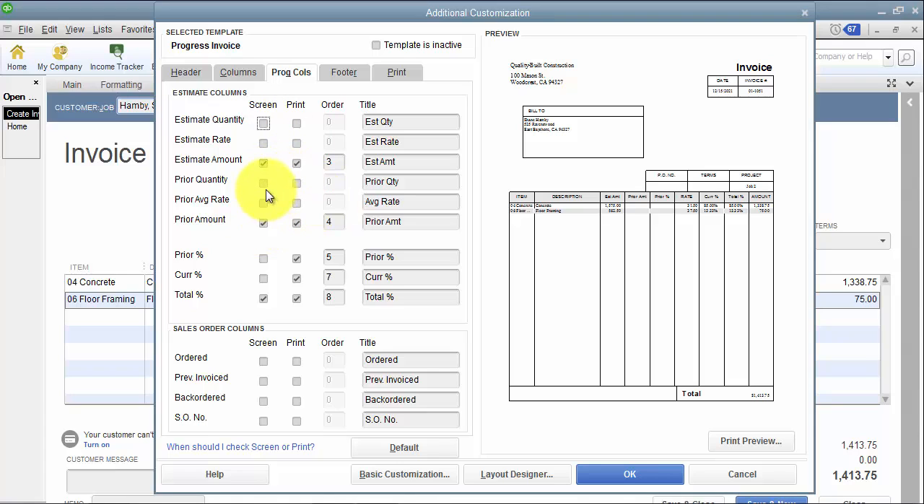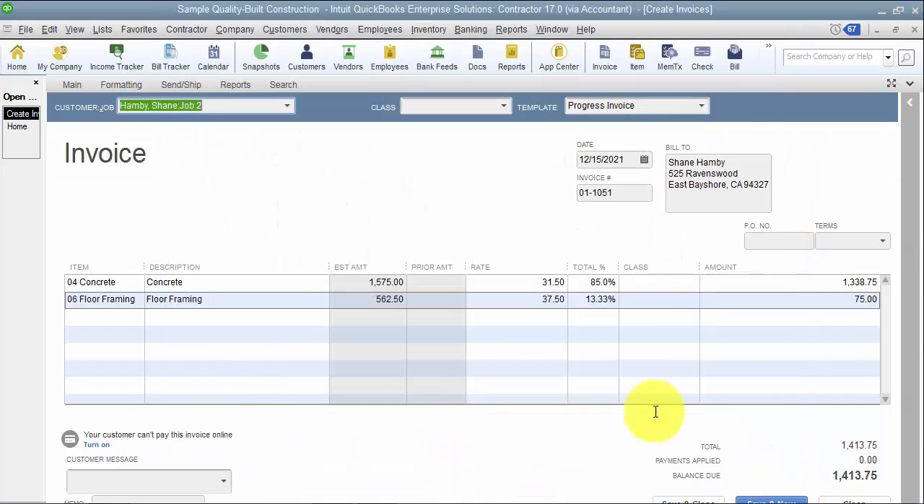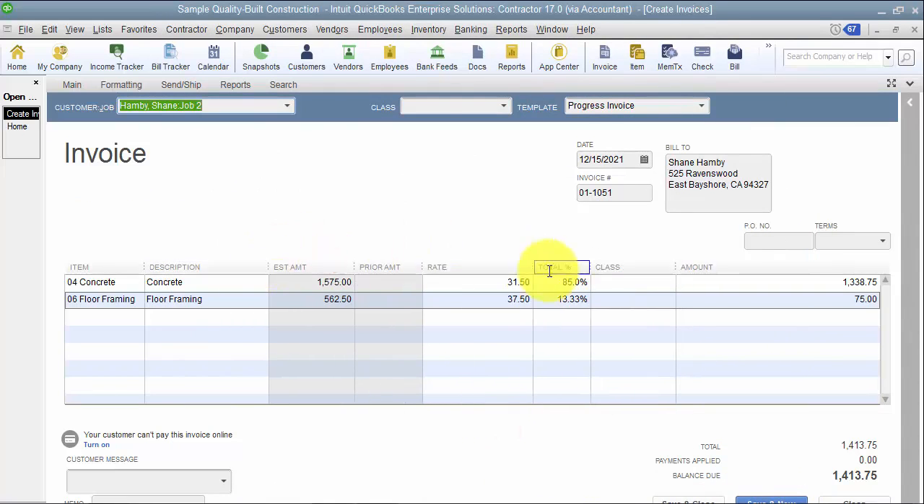Let's say we are billing right now for 85%, right? And then the next time we bill, we're going to bill for that additional 15%. So it's going to show me not only the estimated amount, the whole amount, but all total amounts that have previously been billed. Okay, the prior percentage, current percentage, total percentage, and then we have some sales order information down here as well, which is different when we're doing sales orders instead of estimates. Okay, so on this one, I'm going to go ahead and say save